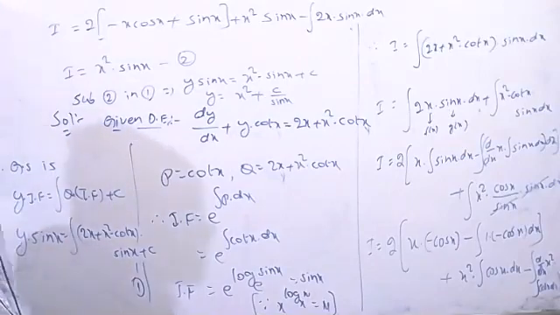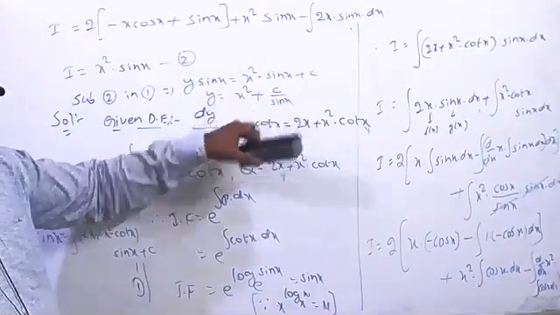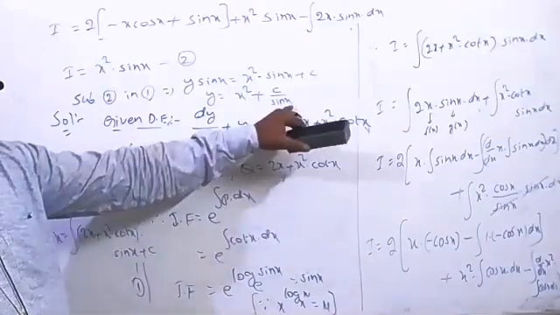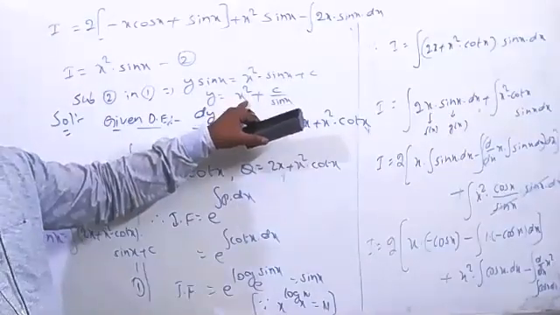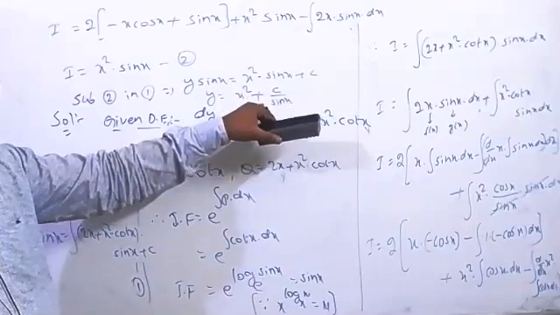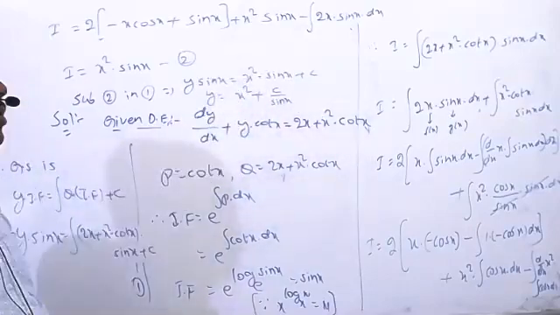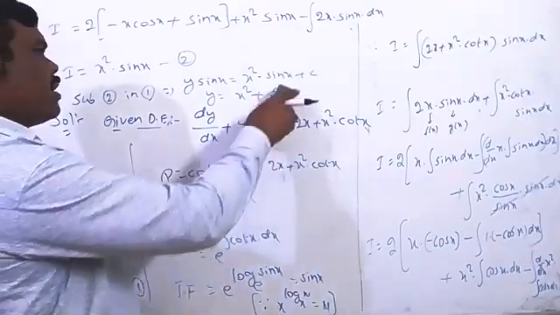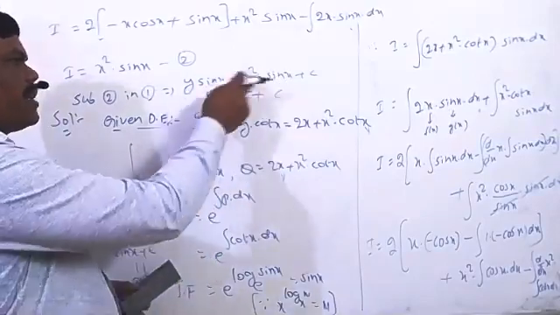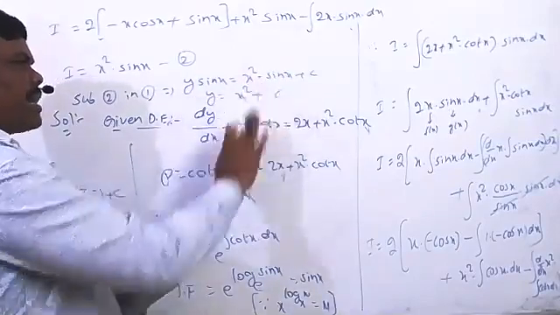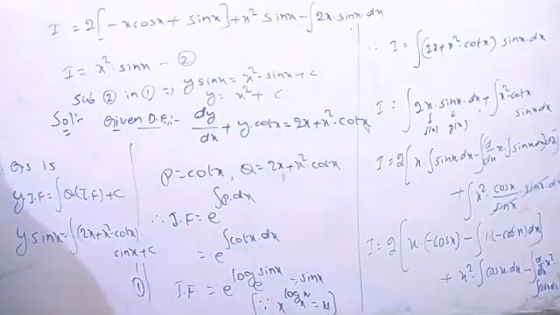Now we need to find the particular solution. The value of y equal to 0 and x equal to pi by 2. Sin pi by 2 equal to sin 90 equal to 1. This is the pi by 2 whole square we will get now. The value of c equal to minus pi by 2 square. Later you can substitute in there. It's enough. Or else only c you can take, not an issue, because these two will be cancelled. Plus c, or c by sin x also you can write. So that is what we call the particular solution of the given differential equation.